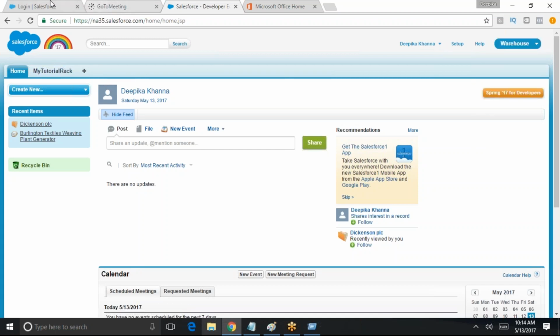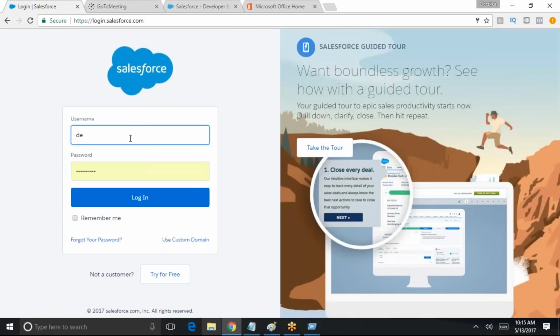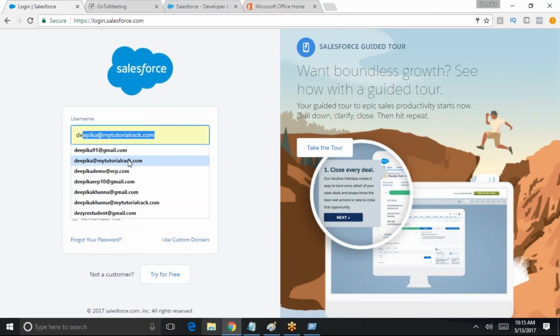Now, why do you think I'm not able to see other applications? The reason is, even though the tab access is on, I do not even have the permission on the objects. So if you go back to the Salesforce admin profile,